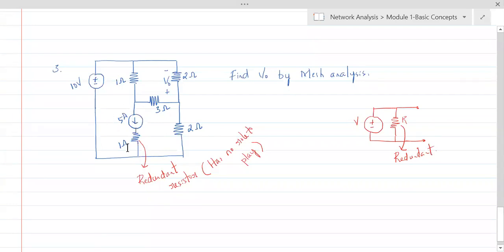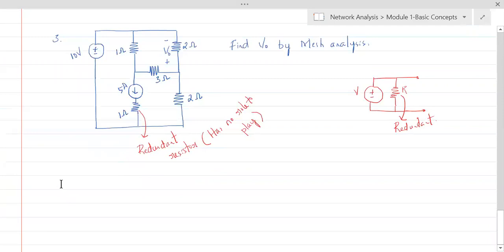Okay, I took this problem just to explain this series resistor concept, to say that it has got nothing to do in the problem, but they have given it. Let it be there, but it will not play any role. Fine. So what is the first thing that you have to do? I'm not solving the whole problem. I'll just tell you how it works out.